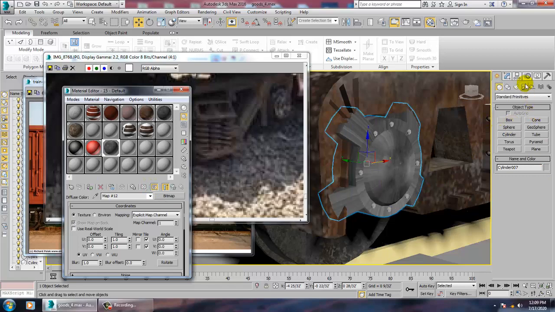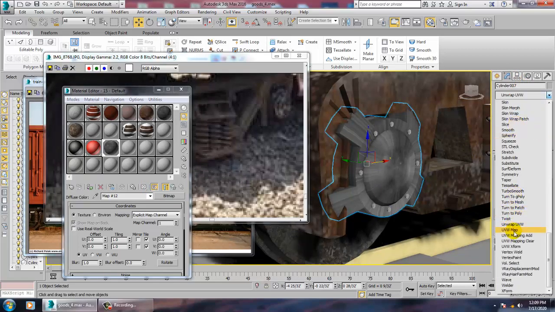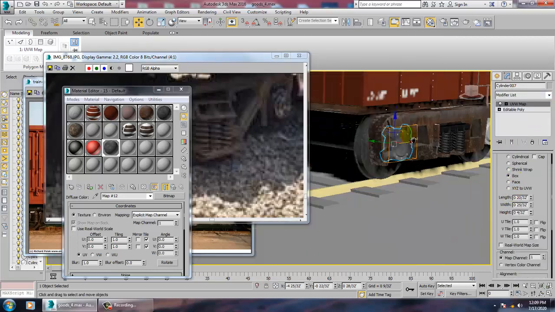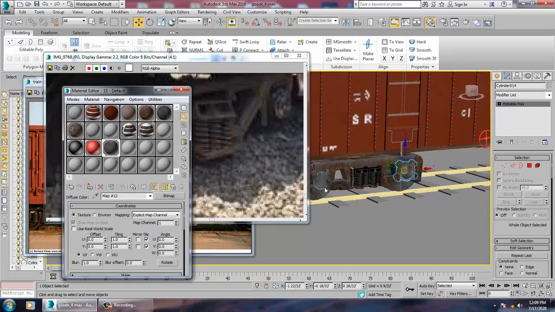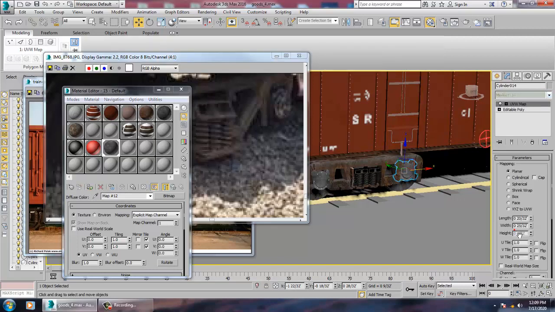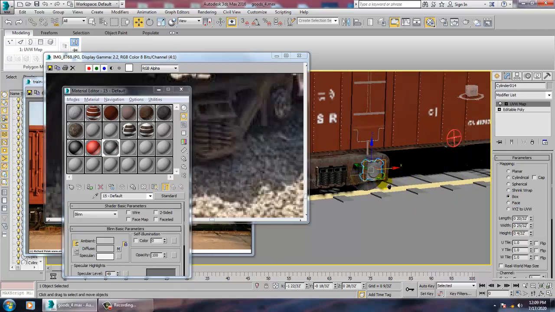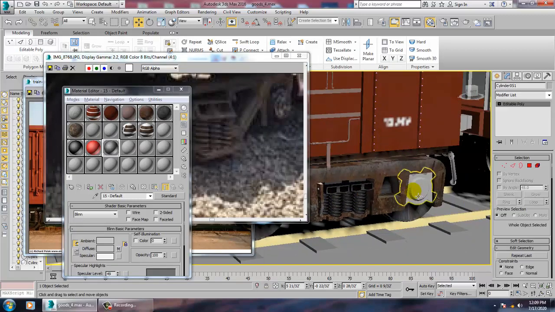You can just assign a texture. Same thing will be applied over here.